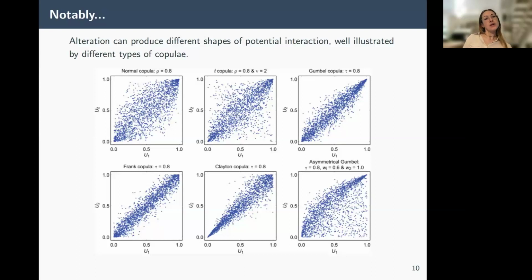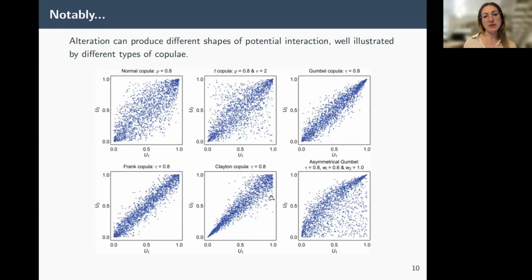And when trying to understand different dependency structures, in the statistical and probability literature we have these models, copula models, which are intended to reflect different dependency structures between variables. For example, here you can see structures which show a symmetric dependency, the normal one and the Frank copula, similar to the t copula, where you also have some dependency on the tail, and also structures where you will see